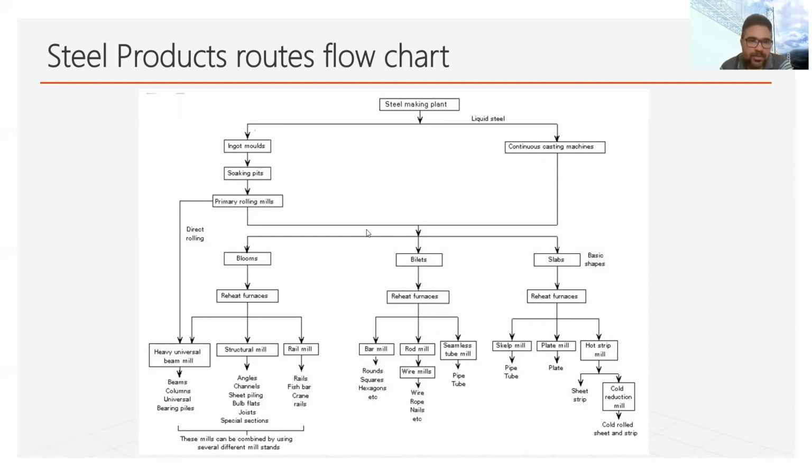So here you can see in the old process, ingot molds were provided to receive the cooled product, and then they were sent to the mill, and then they were sent for the rolling process. Now I will describe that rolling process in the next slide. Here you can see it is basically a continuous casting machine which provides the steel continuously, and it is converted into billets, slabs, and blooms, which are further used for various different products of the steel.